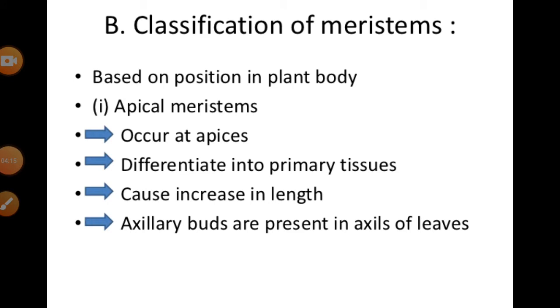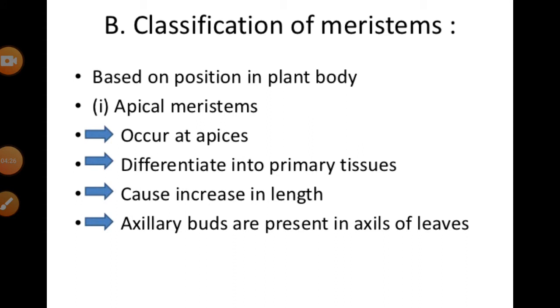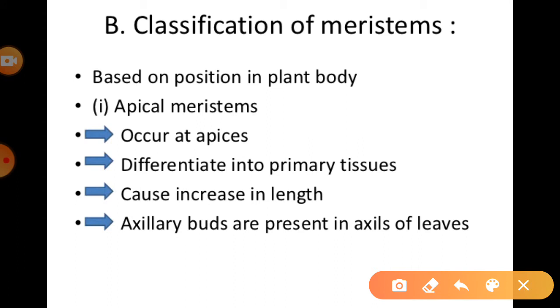So then we have to talk about the classification of the meristem on the basis of position in the plant. This apical meristematic tissue can be classified in such categories, right? We can say the first is apical meristematic tissue, which can occur at the tip of root and at the tip of shoot, which is capable of producing primary tissue, that is called the apical meristematic tissue. And it can also be classified as